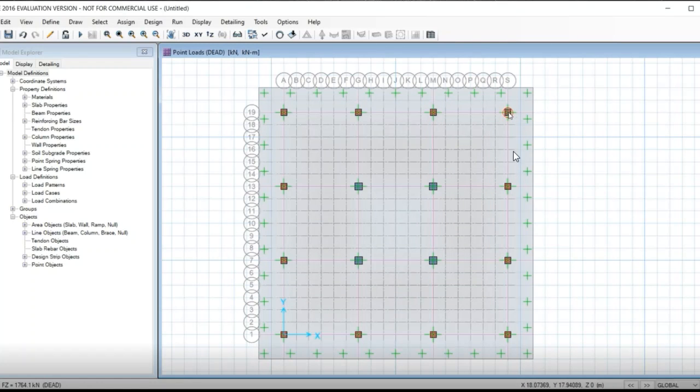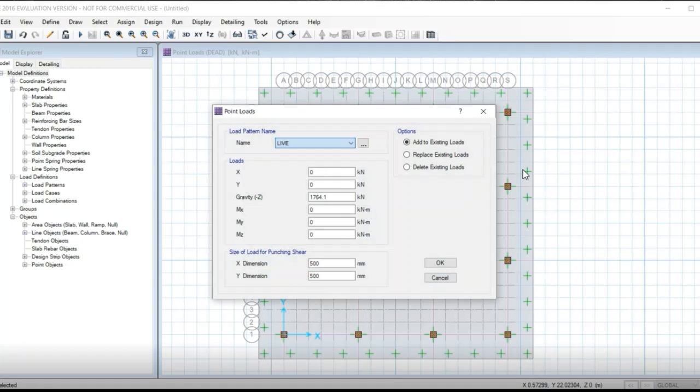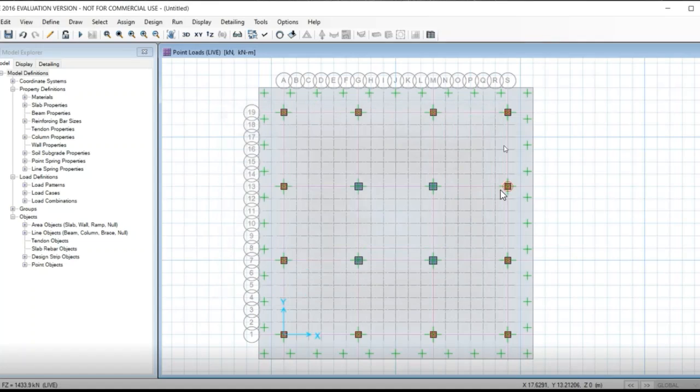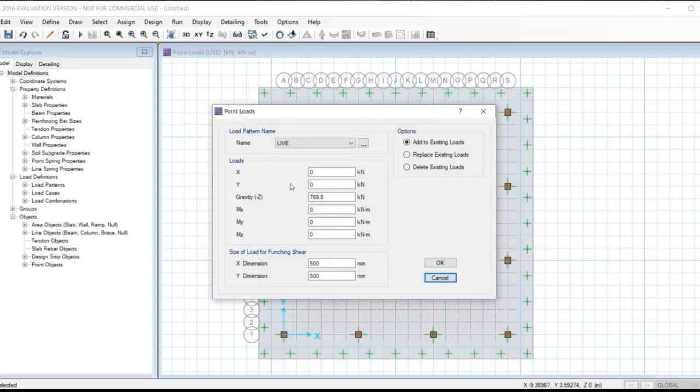After all the 500 size columns are done, apply loads for the remaining columns of size 600 by 600. Click on the center point of the column, then go to point load and here dead load.